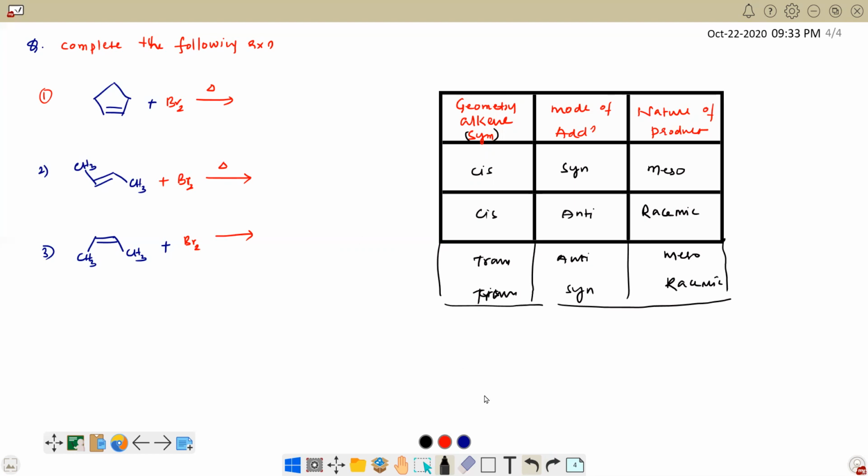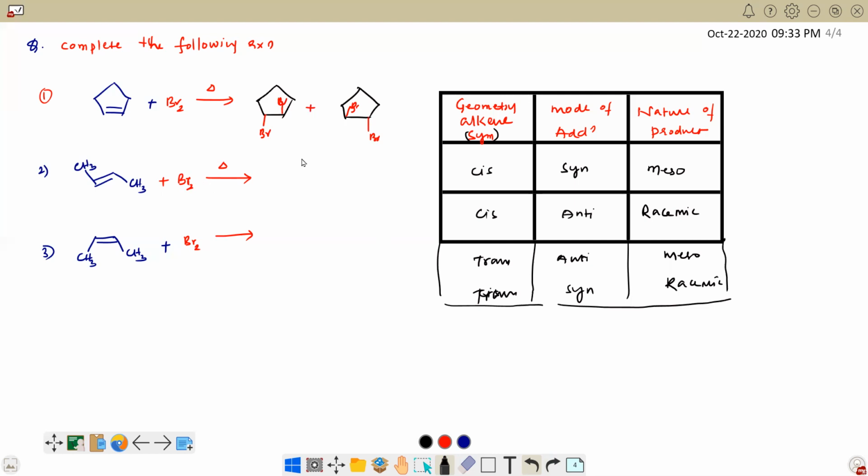So according to this, what could be the product? Tell me fast. The double bond disappears, one Br gets attached below and one Br is above, plus exactly its mirror image is also possible because cis alkene with anti-addition. The product is its mirror image. And here also we'll get racemic mixture because trans alkene anti-addition.